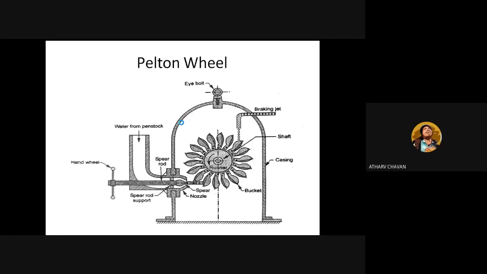Yes, yes. So another advantage of the notch is, suppose now this jet is striking this bucket. The jet should complete striking on this bucket completely before the next bucket arrives. So in order to complete the striking of the jet on a particular bucket, and then the next bucket should arrive, a notch is given so that the jet completes striking on this bucket and then the next bucket arrives. So this is one more advantage of the notch.